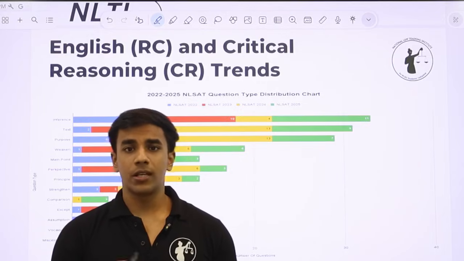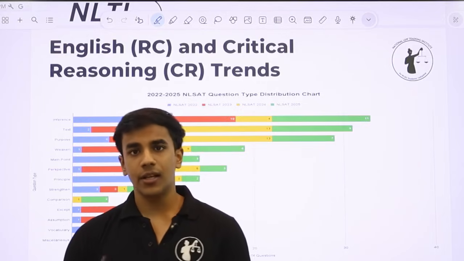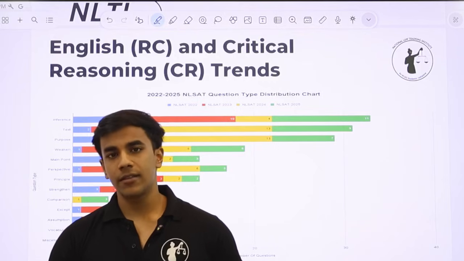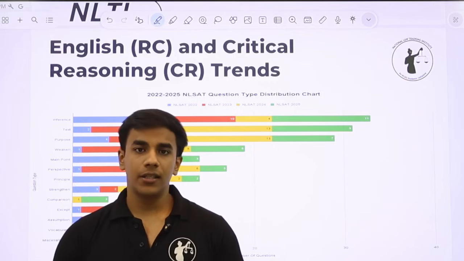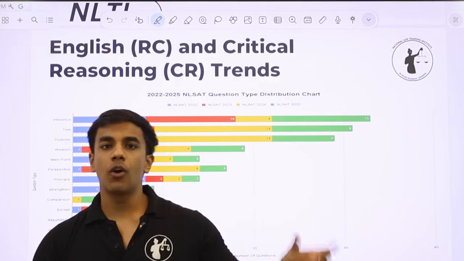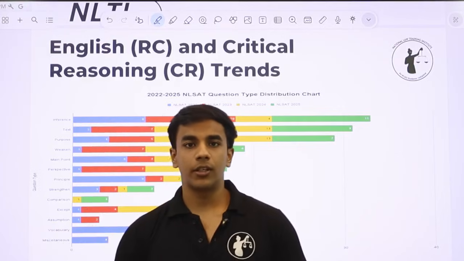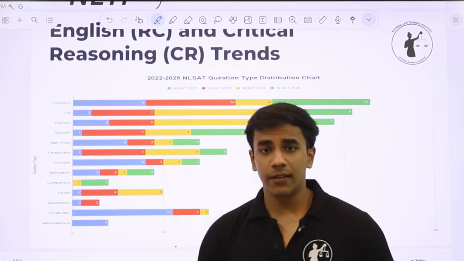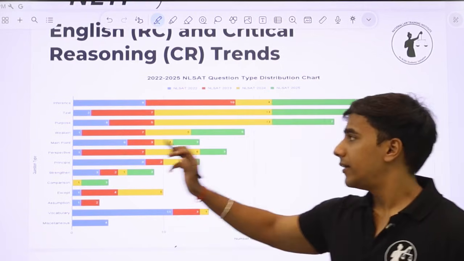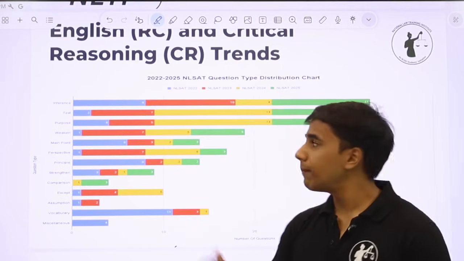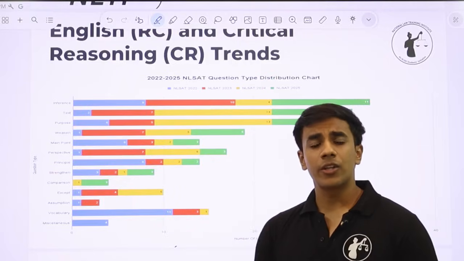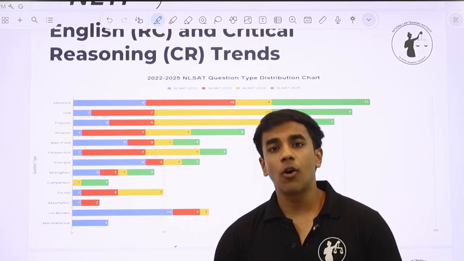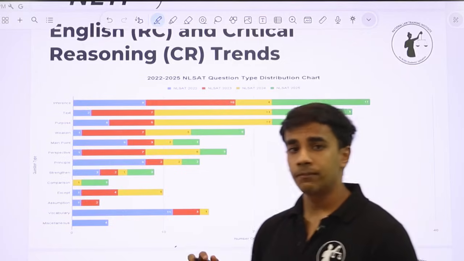In this slide, we are focusing more on English comprehension and critical reasoning to identify the most important question stems that have been asked in NLSAT for the past 3 years, and also with a greater focus on what NLSAT 25 offered in the paper. So now these are the most important question stems that we have identified. Inference, text means directly from the passage. Purpose is questions like what is the primary purpose behind the author's argument, or why did the author write this particular